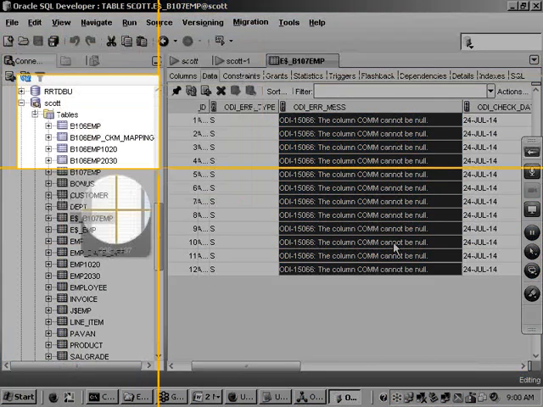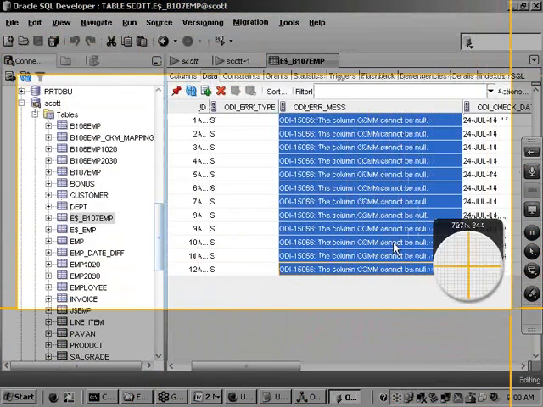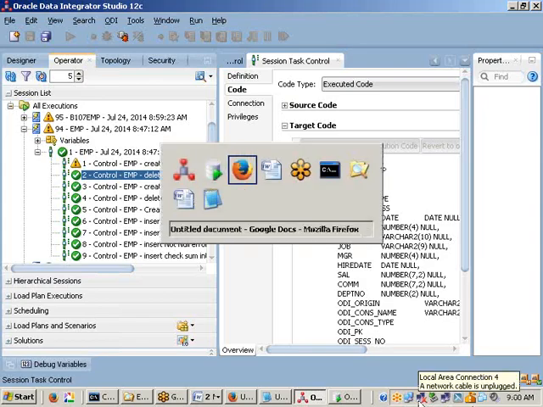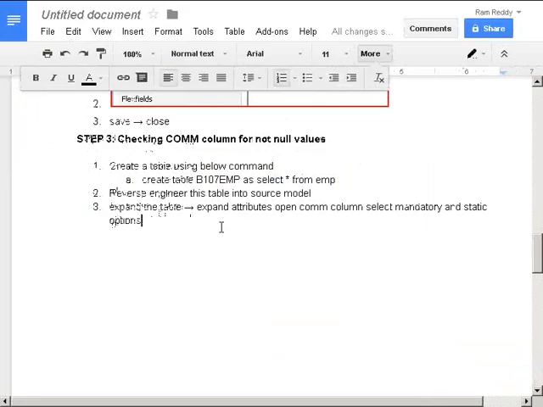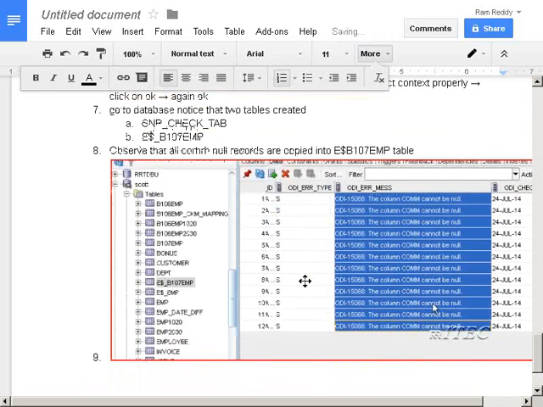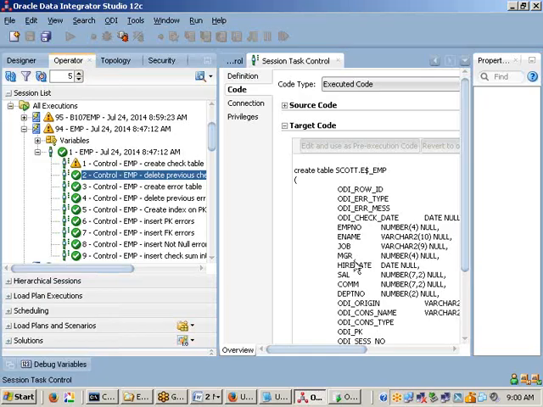That's what it is trying to do. So many records came here. We can observe that two tables are available, and we can observe the data in this one. Whatever error records are available appear here.